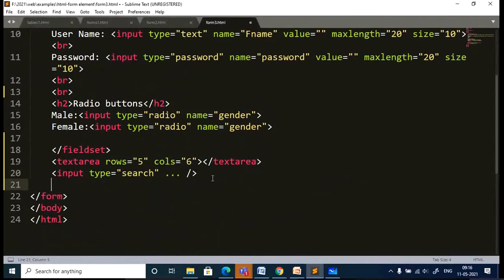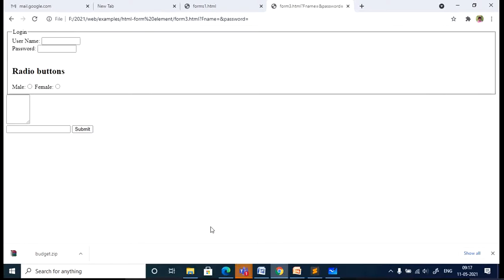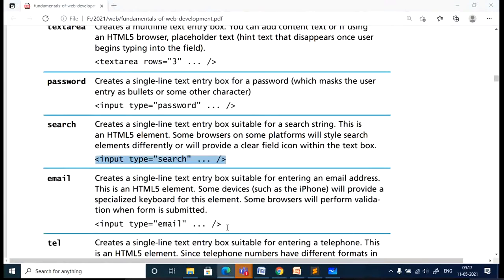We have different types of buttons. I can enter something and submit. You can go with customized buttons, the search option. Normally we will not use submit, we will use the customized button, where you can specify search, cancel. I can cancel, but it is not available in the case of text. I am not getting that cross mark here, but just observe the difference between the simple text input type and the search type.